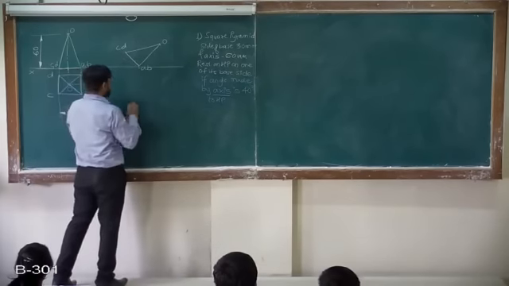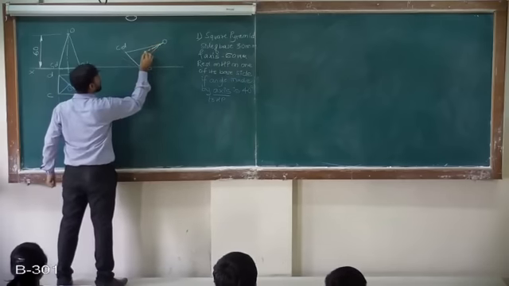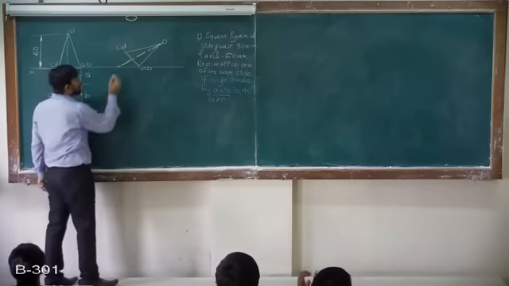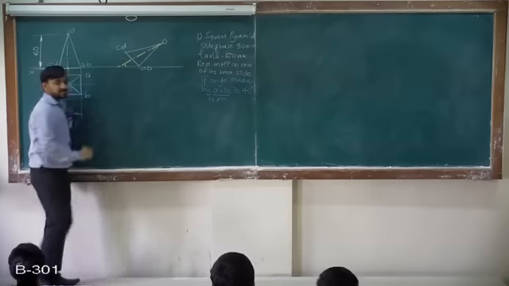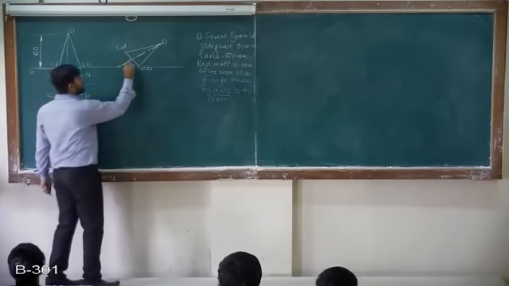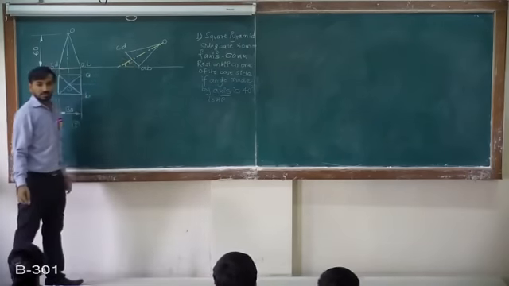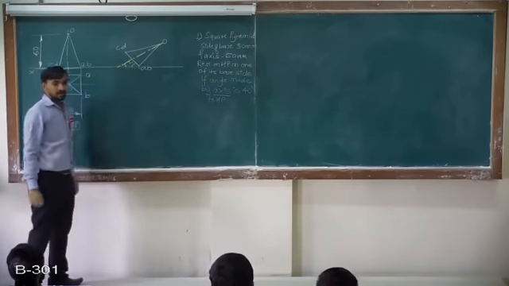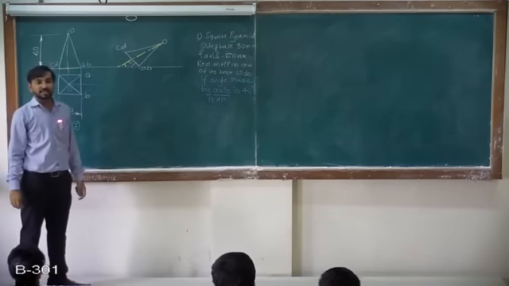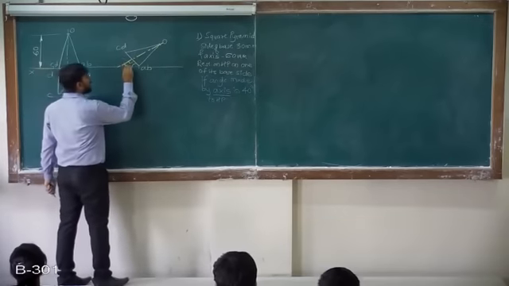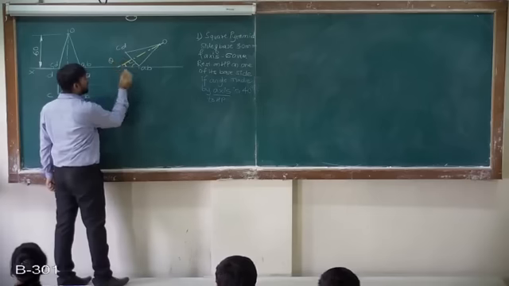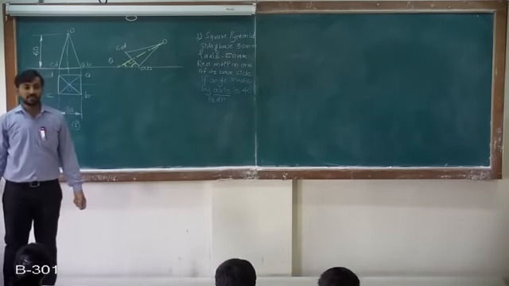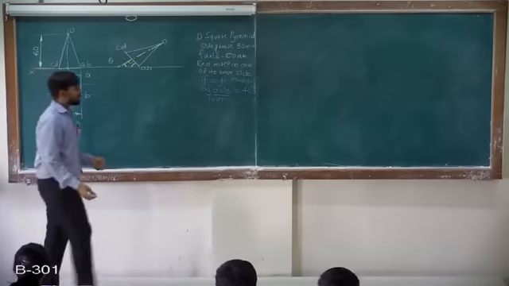This is the axis. If the angle made by the axis with HP is given, is it 90? Then what should this angle be? 90 minus the angle made by the axis. So if I say the angle made by the axis is theta, then what should be the angle made by the base? 90 minus theta. With the same logic you can solve this problem